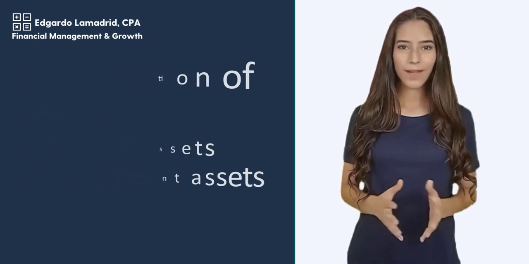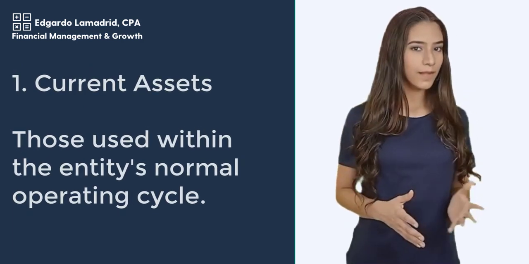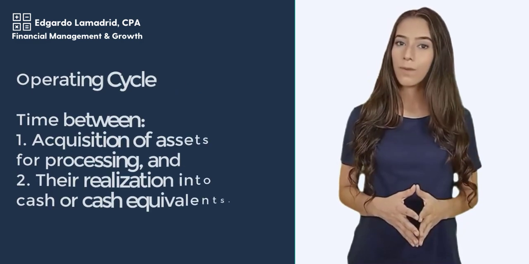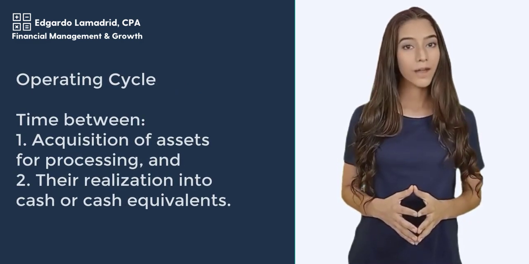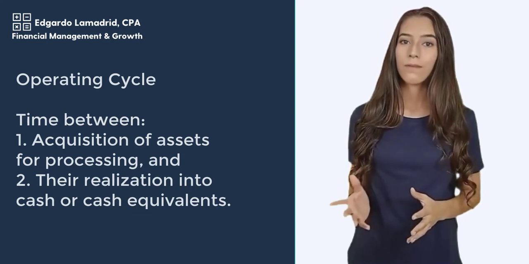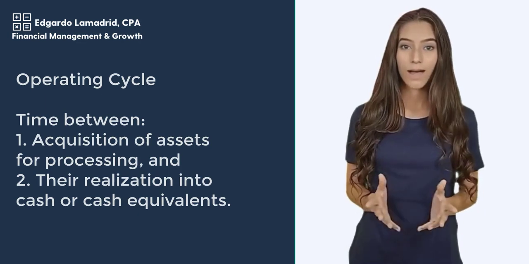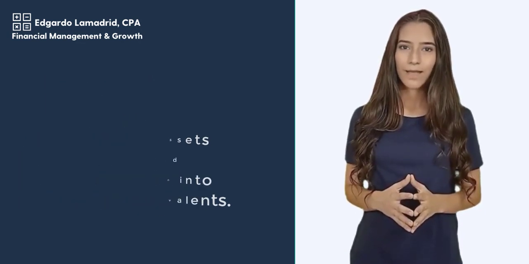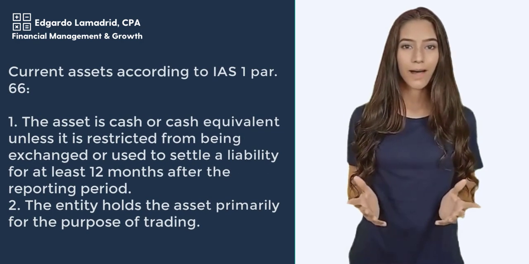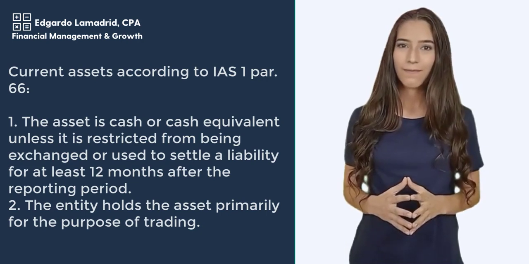Current assets are those used within an entity's operating cycle. The operating cycle of an entity is the time between the acquisition of assets for processing and their realization in cash or cash equivalents. When the entity's normal operating cycle cannot be clearly identified, its duration is assumed to be 12 months. IAS 1 paragraph 66 provides that an entity shall classify an asset as current when, first, when